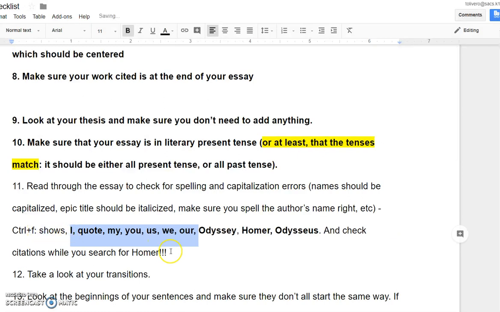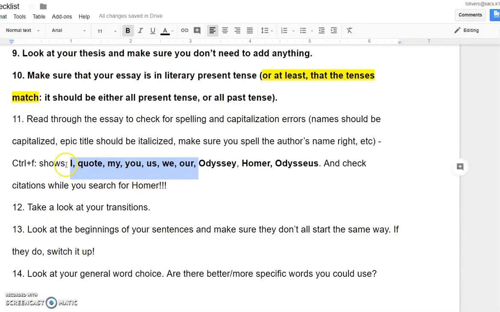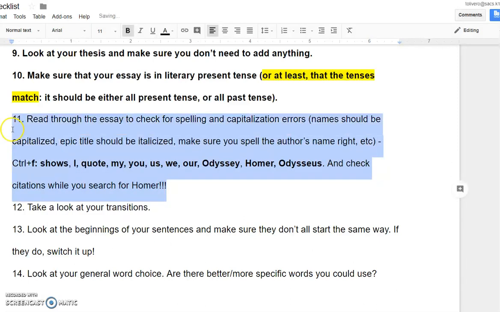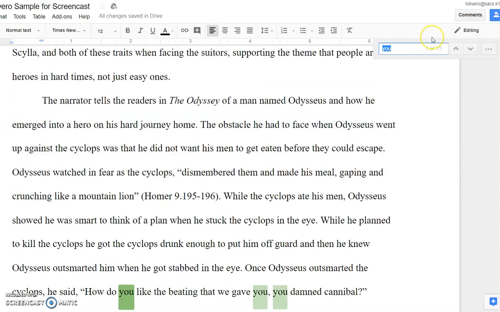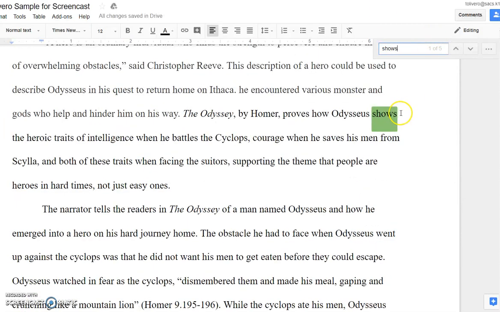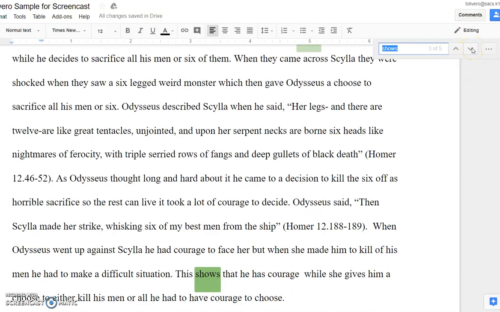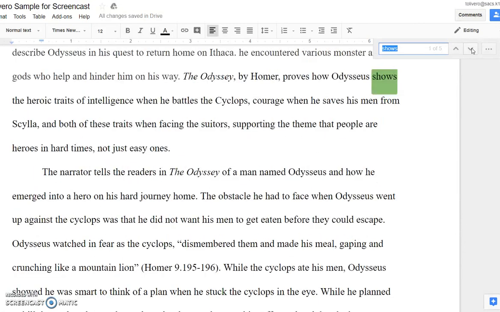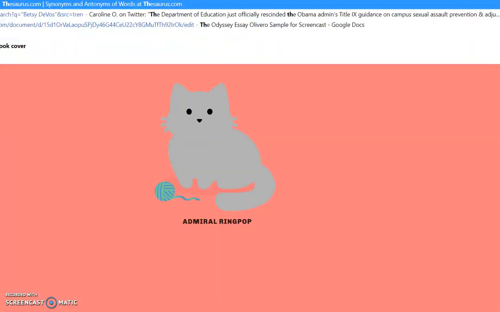And then the last thing you can look for is shows. Because remember, we don't want to use the word shows too many times. So this person used shows 5 times. You can probably get rid of a couple of those. I mean, 1 or 2 times is okay, but otherwise, if you just go to thesaurus.com,